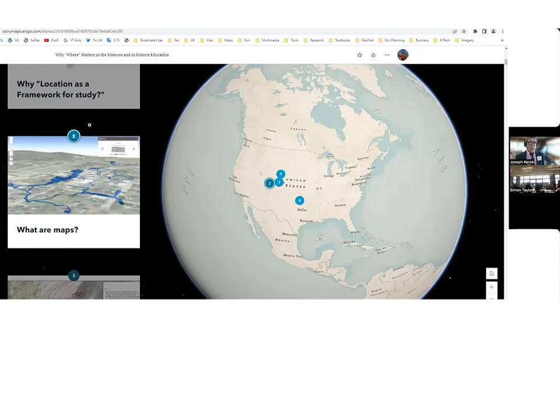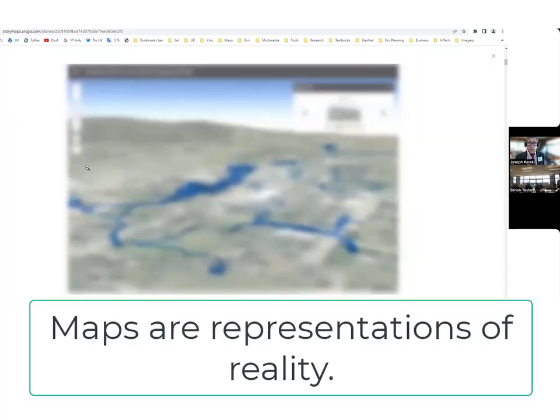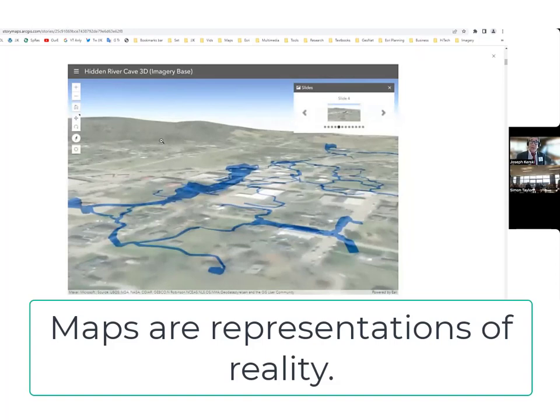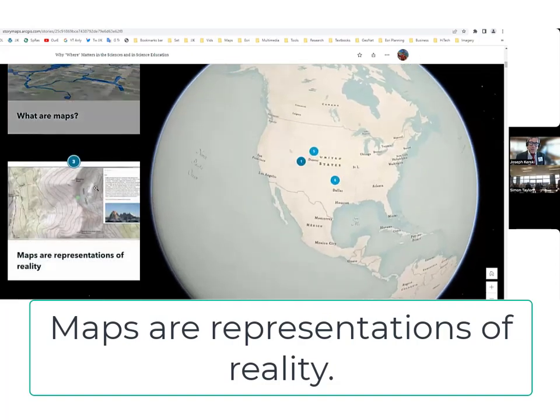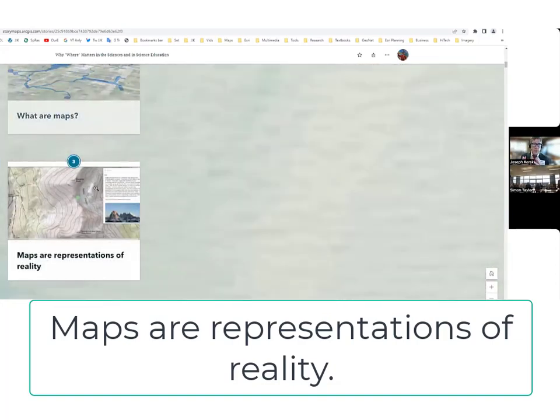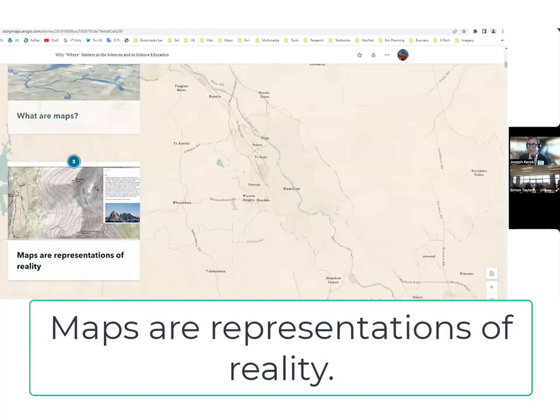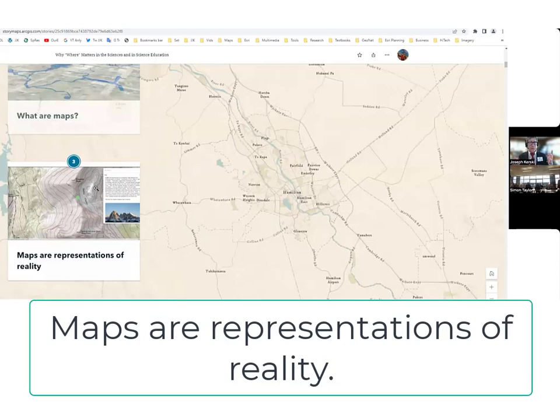So what are maps? Maps are representations of reality. They are very interesting representations. They give us a lot of information in a short amount of space, don't they? Whether it was in the past on wood blocks or clay tablets, the Babylonian clay tablets, the Al-Idrisi's map on 2 plates of silver from the 1100s in Tunisia and Sicily, that would have been a heavy map, right? And a hard map to fold.